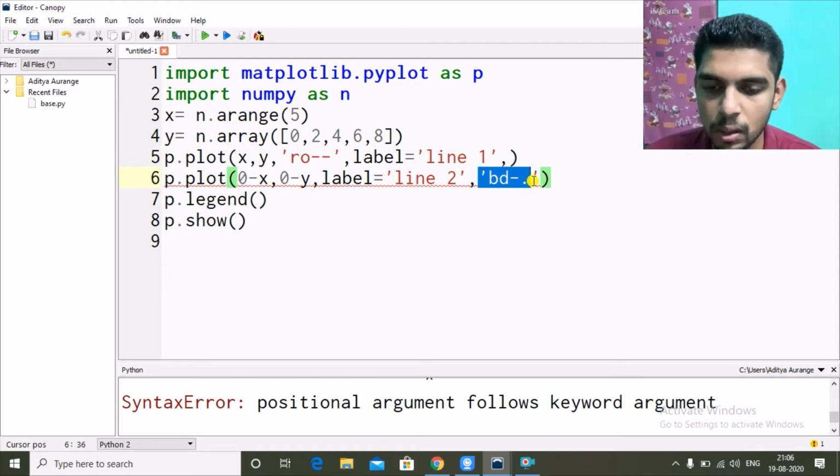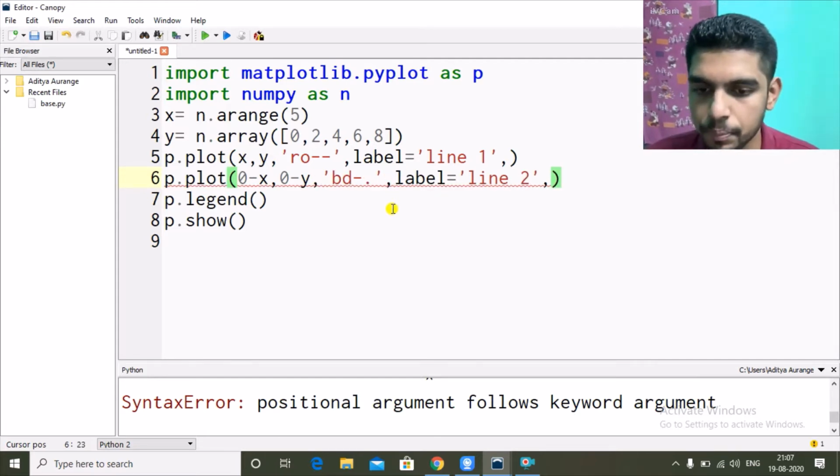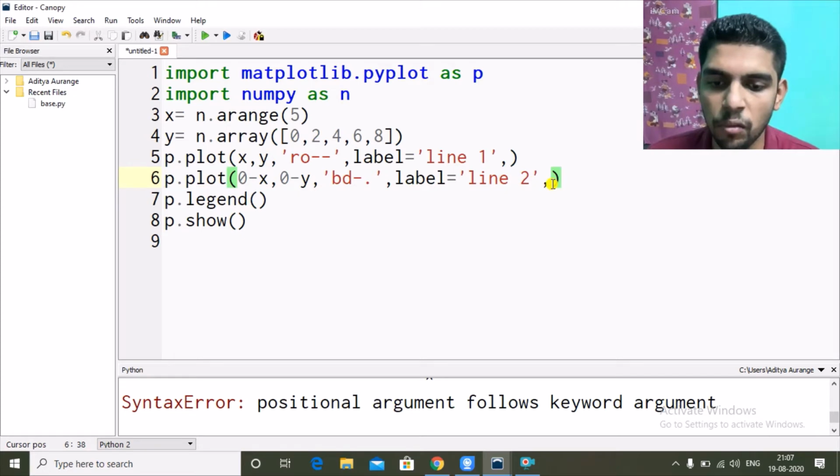Why was it showing an error? Because this is a positional argument. A positional argument needs to be given before a keyword argument. If you have seen my function videos, there I have explained in detail how you should give the properties or values.